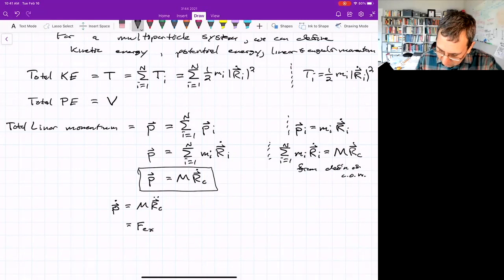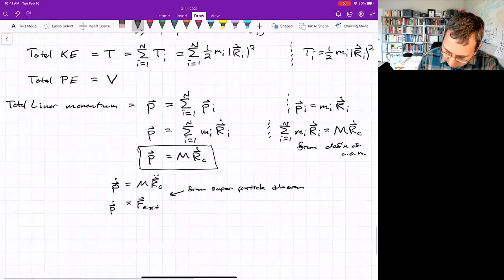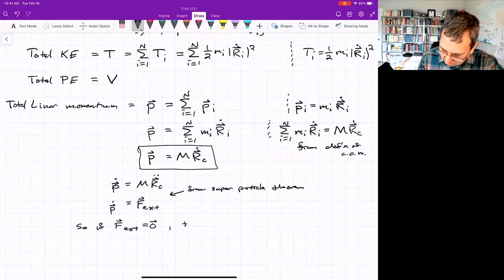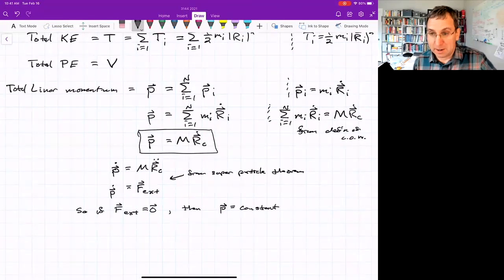This is the total external force. And this has implications. So if the total external force equals 0, then the total linear momentum is a constant, which then goes by the name conservation of linear momentum for a system of particles,